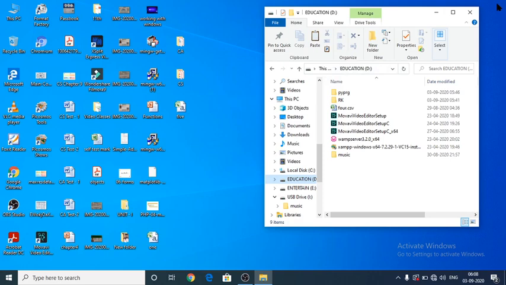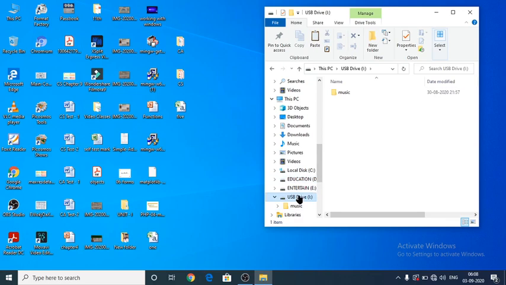So next one is, I'm going to make a copy of a file from my D colon to my pen drive.